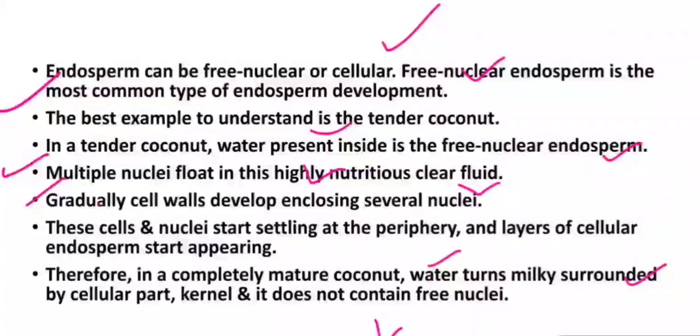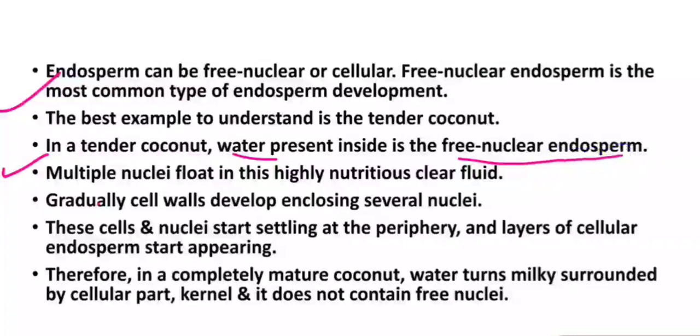Now endosperm can be free nuclear endosperm or cellular endosperm. Free nuclear endosperm is the most common type of endosperm development. Here you can understand it with the help of the example of coconut. In tender coconut, the water inside is the free nuclear endosperm. बहुत सारे न्यूक्लियाई फ्लोट करते हैं in the highly nutritious clear fluid, and when the cell walls develop enclosing